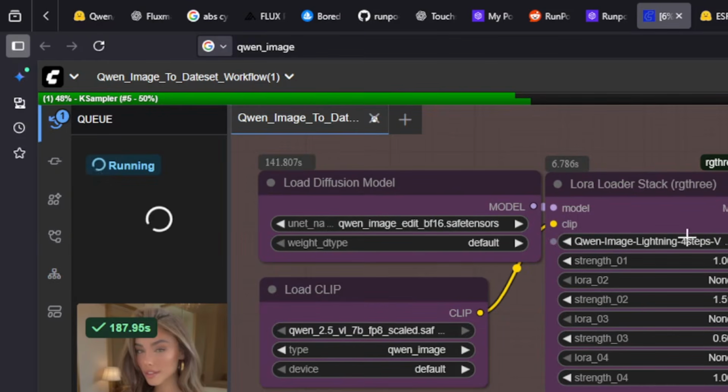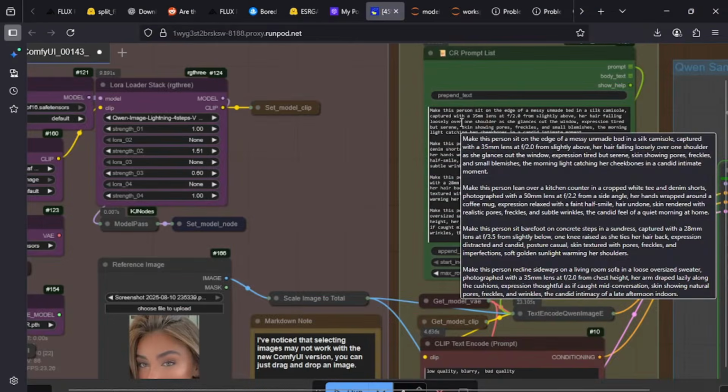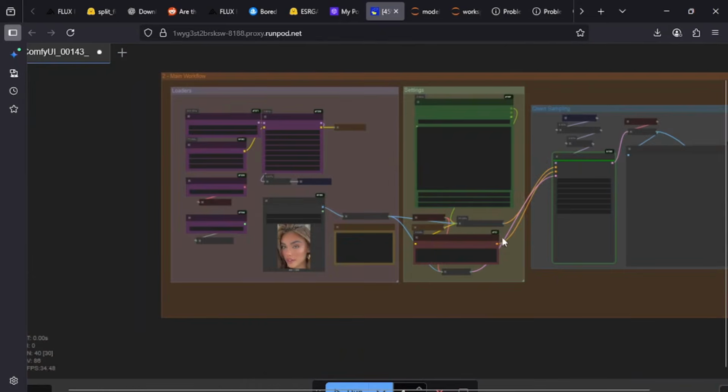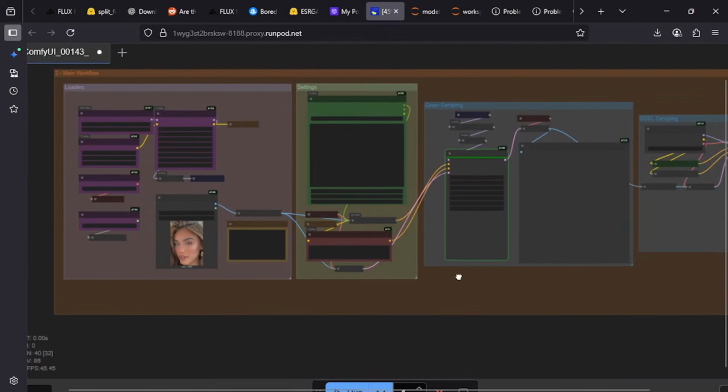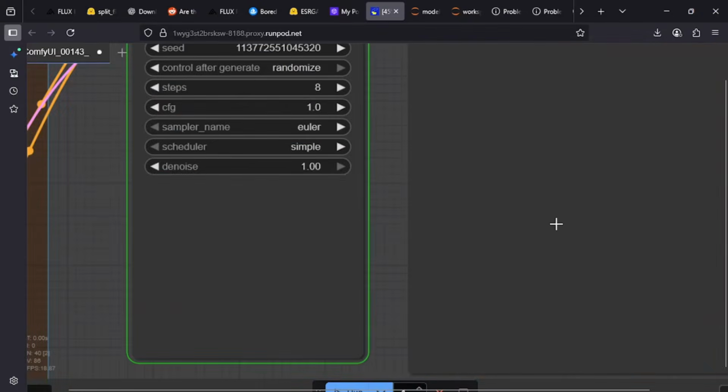We got a LoRA in here, 4 steps, which makes it a little bit faster. I've told ChatGPT to make a more professional prompt. Basically still just doing testing.